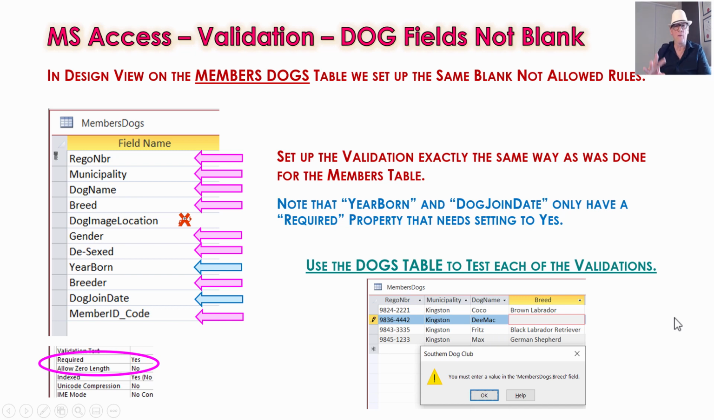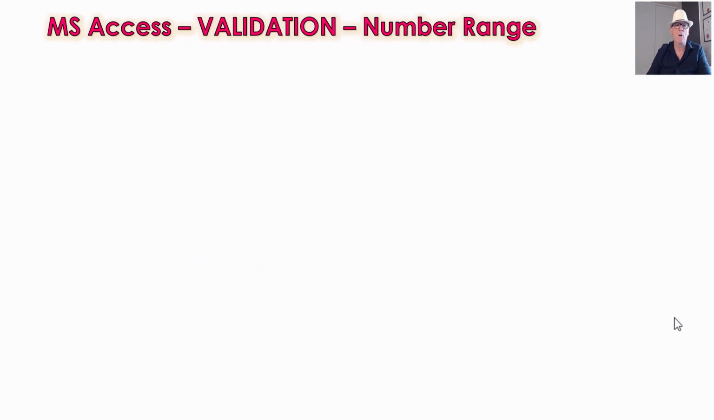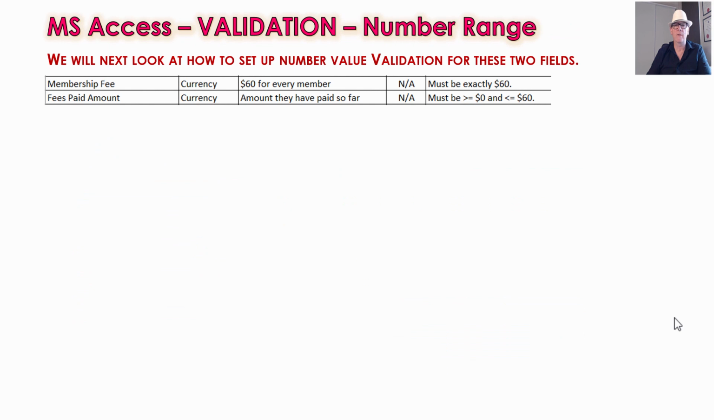And if you're not sure about design view and datasheet view, go back to the previous lesson because we did all of that there. All right, now number ranges. Let's have a look at that. So in the design document, which was the Excel spreadsheet, which will be in the downloads for this lesson, and you should have that from the first lesson anyway,